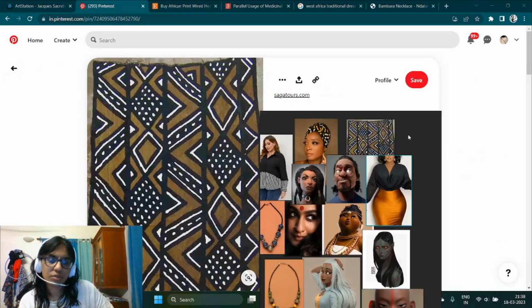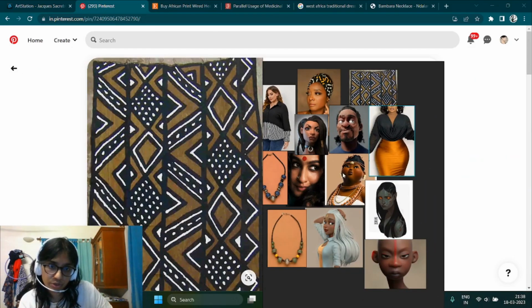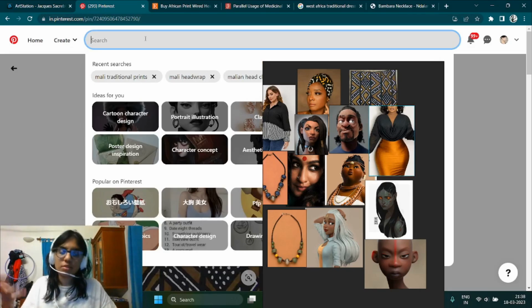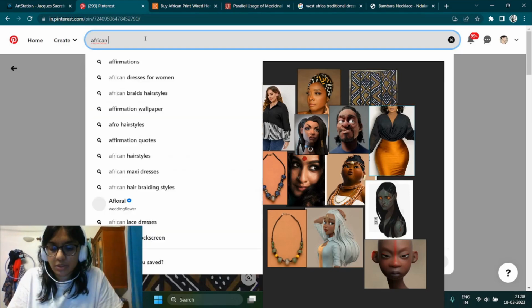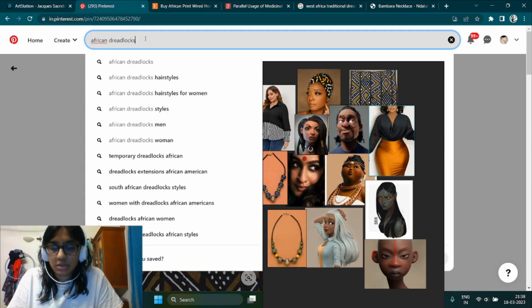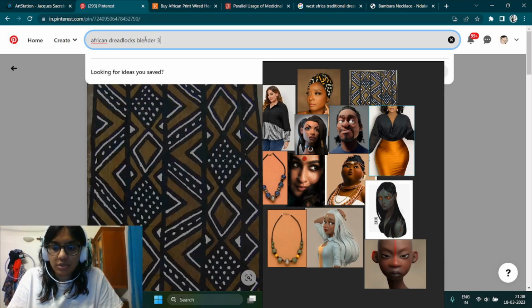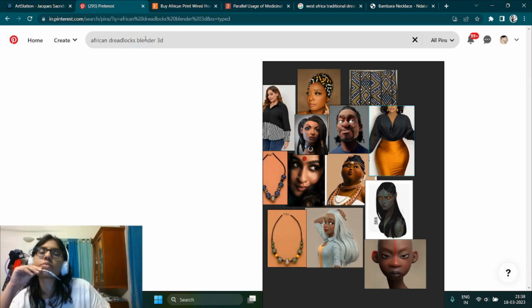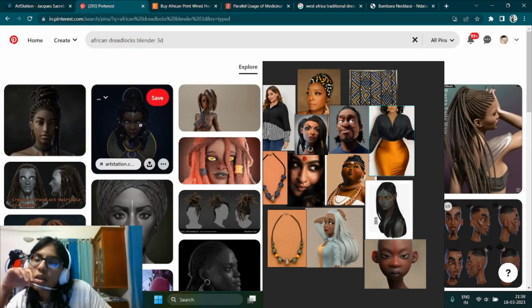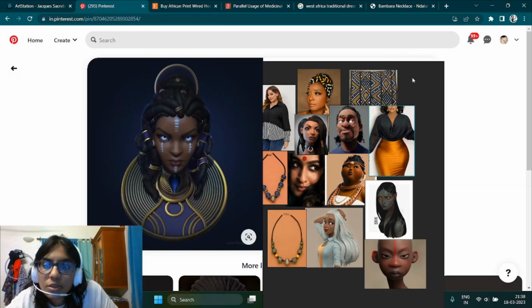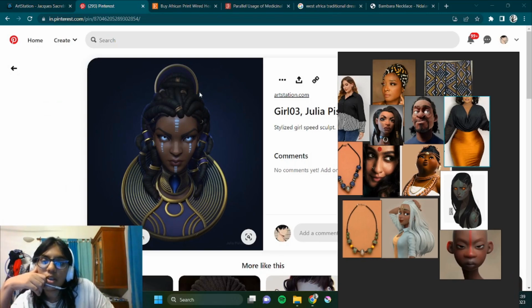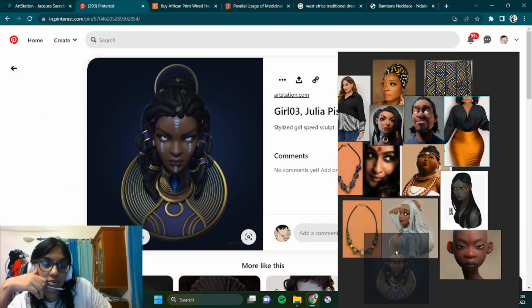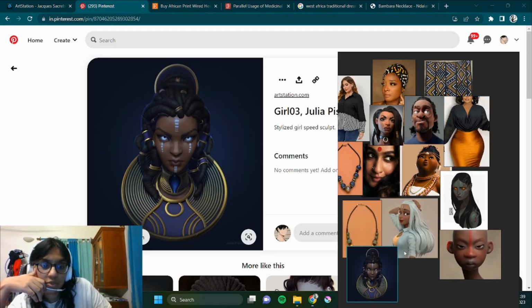Right, so I think that's good. So we're informed on clothes. Hair, we could put in a little bit more about the hair. African dreadlocks, Blender 3D. Right, so this one is a stylized version of dreadlocks, which looks really good.